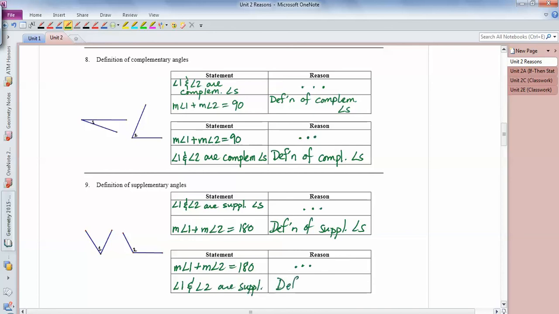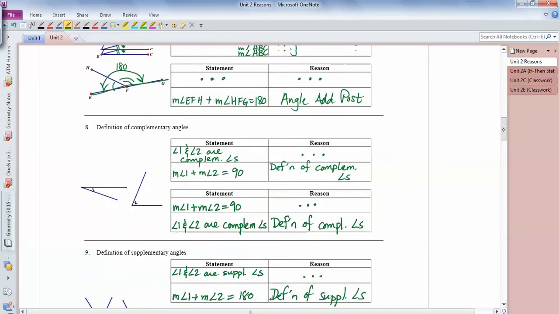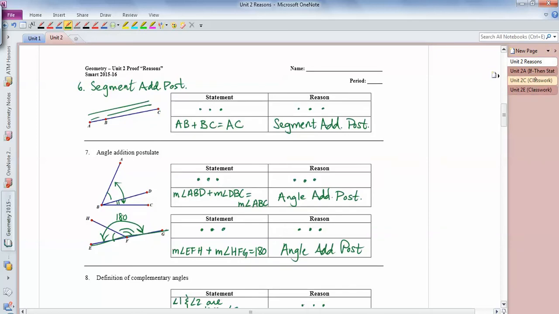Because if they add up to 180, the definition says they ought to be supplementary angles. Definition of supplementary angles. Okay, so I'm going to stop there with the reasons, and instead, let's jump over to